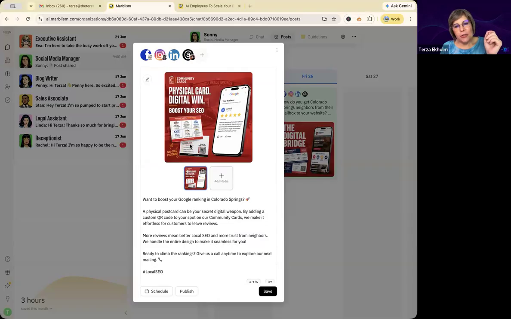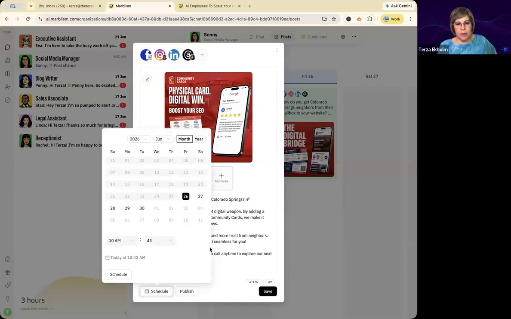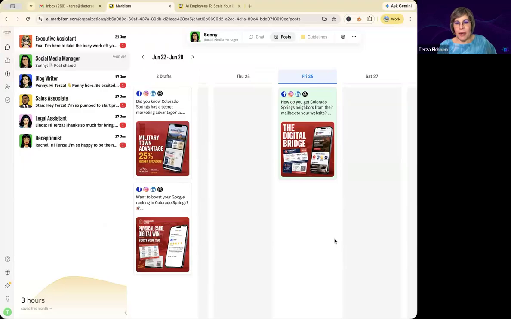And the reason I'm not going to use it is because the cards he's using actually don't look like the ones that I create. But I like the text. So I will go give him a fresh picture so he can do that. But all I would have to do then is just click on schedule, tell him when I want it posted, and you can see these are the dates that are coming up and what time, and he will make it happen.